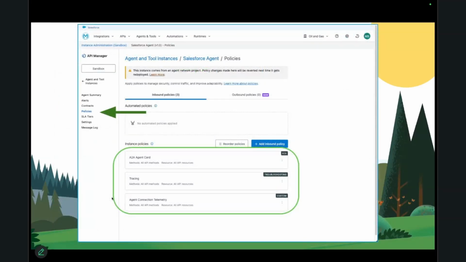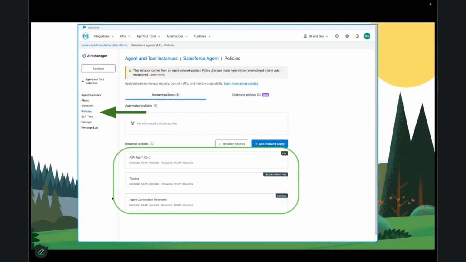And then Janice used our existing advanced policy capability. We have over 30 out-of-the-box policies and the ability to create more of them that have been around for over 10 years, since MuleSoft's been in the industry, for management policy and such. Policies were added to the agents, such as tracing and connection telemetry, which are very important policies for this because you want to be able to know who said what, who did what, and you can control the agents.